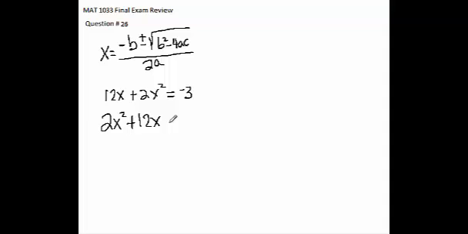And I'm going to add 3 to both sides of the equation in order to get this written in standard form. Then I identify a, b, and c. A is 2, coefficient of x squared, lead coefficient. B is 12, and c is the constant 3. Then in my formula,